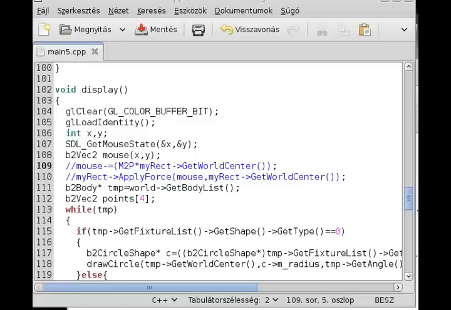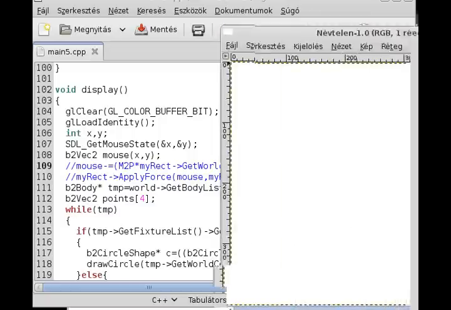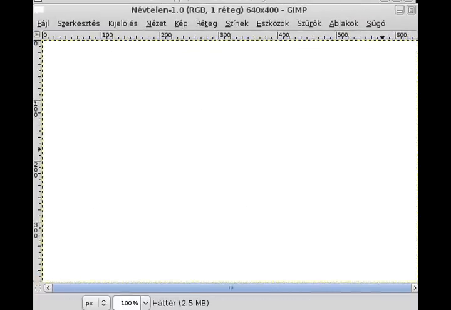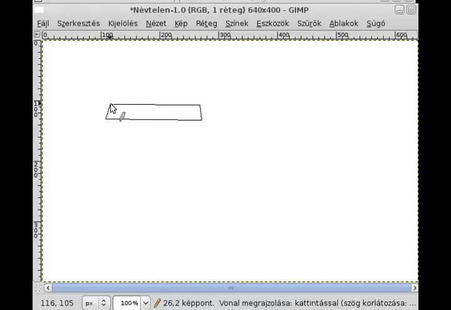Welcome back to my fourth Box2D tutorial, and in this tutorial I'm going to cover some of the more interesting joints. What joints do is basically join together different kinds of bodies, more precisely only two bodies. For example, there is one joint which is called the revolute joint. I'm going to use that. So here is one box and there is another box right here, and